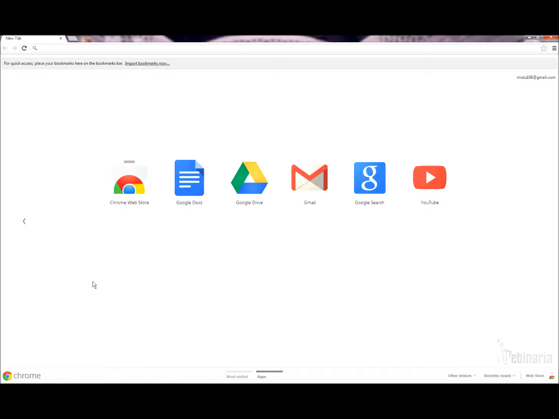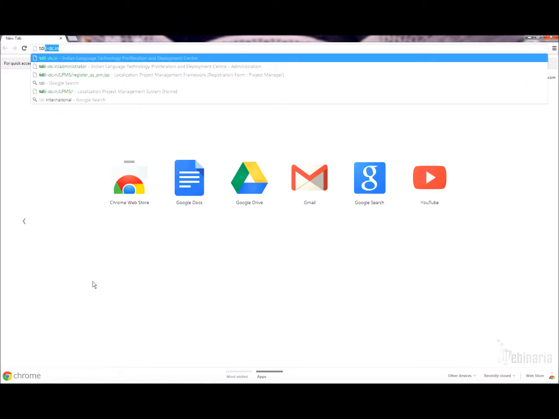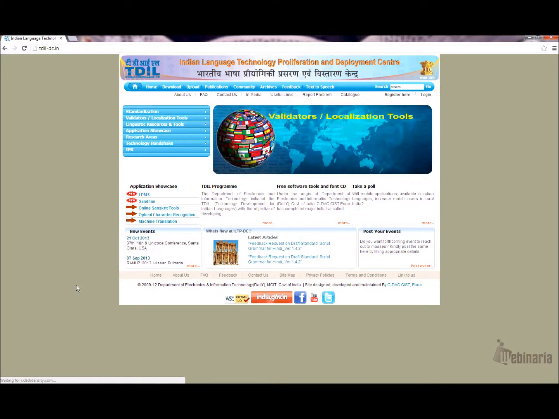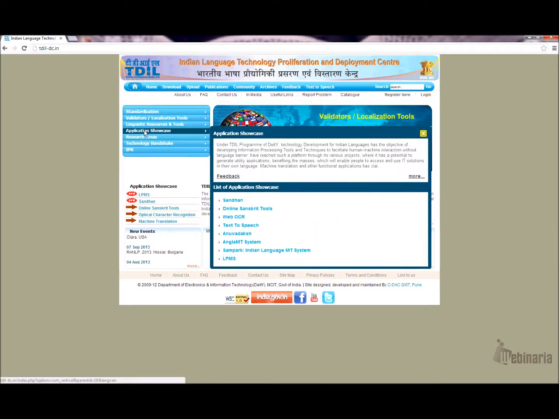Open your favorite browser and visit the website tdil-dc.in. It will open the home page of the website. On this page, on your left hand side, visit Application Showcase from the menu and click on the LPMS link.